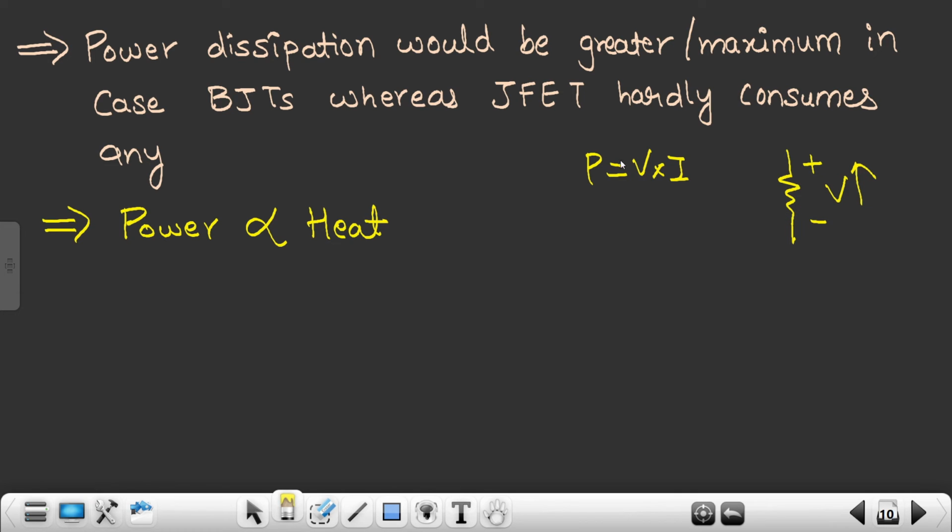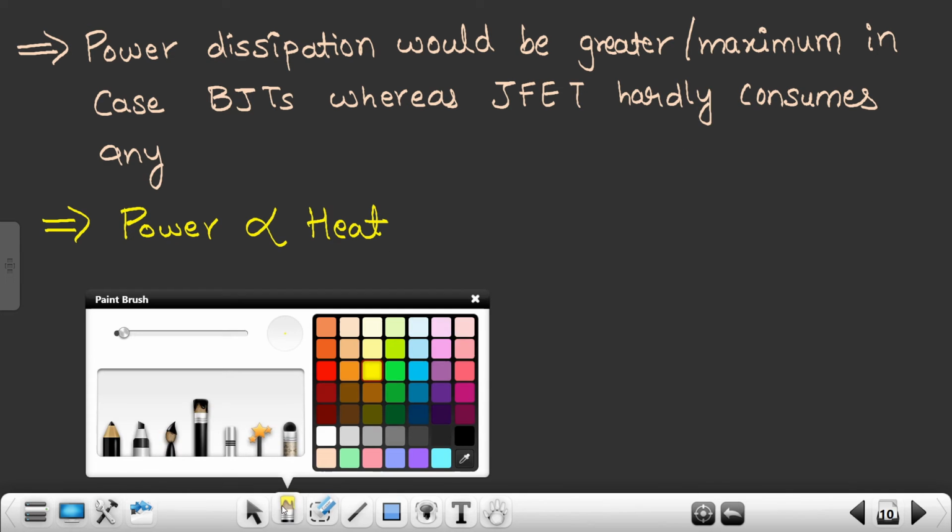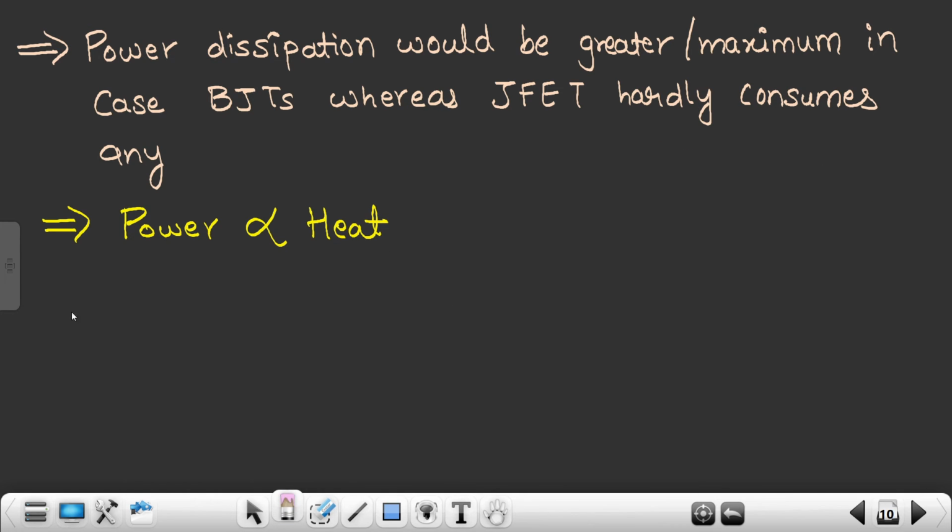Why exactly is it happening? Because its power is increasing, and as its power is increasing, the heat dissipated by that resistor increases, and eventually it burns out. I hope you might have seen this scenario in most of the YouTube videos and all, okay. Great. So what I can say is that with this particular relation, heat dissipation or generation